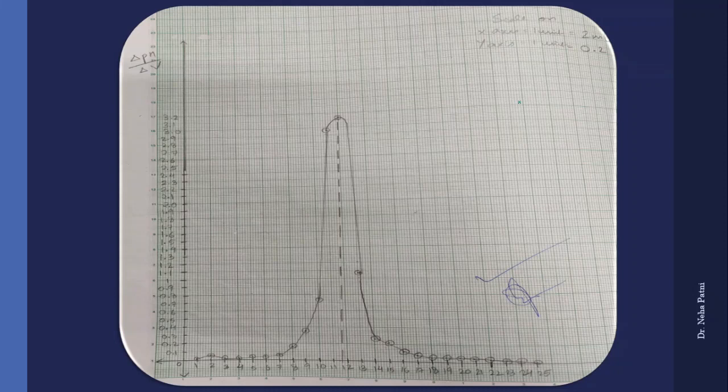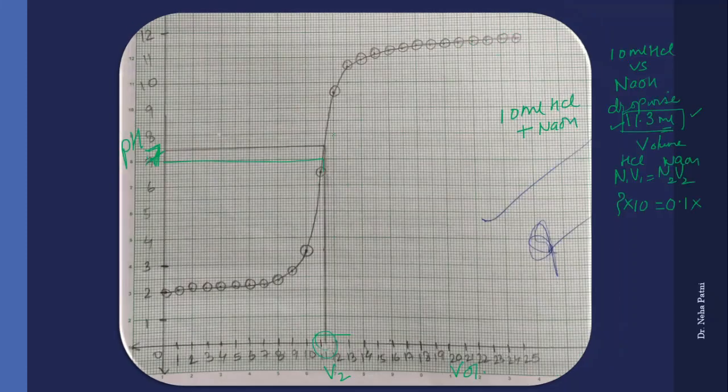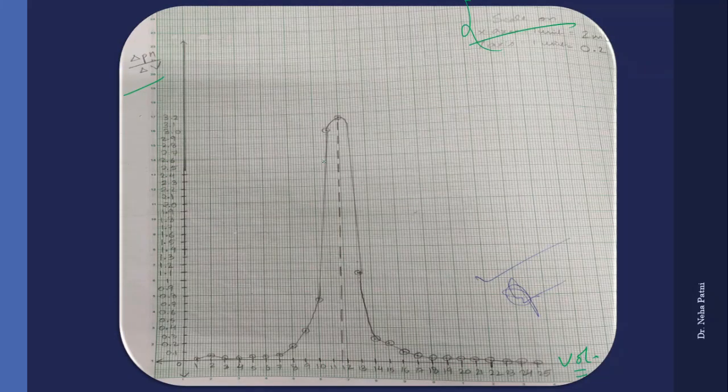Now if you go to the next one, this is also a graph, and this is del pH by del V versus volume of NaOH, 1, 2, 3, 4 till 25. You have to write the scale also on top, and then if you plot, you will get one peak, a plateau kind of curve. Earlier it was sigmoidal, right? Slow increase, rapid increase, slow increase. Now it is basically a peak curve. So wherever you have a peak, just extrapolate it to the volume axis and you will get your V2.